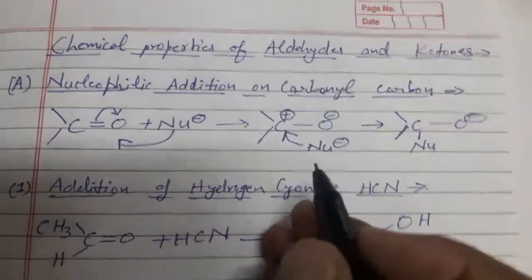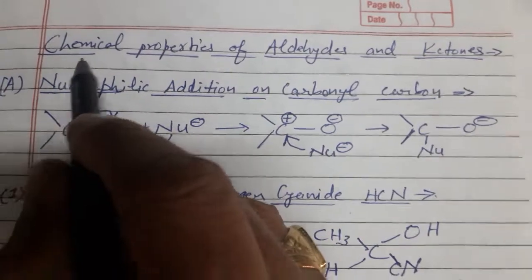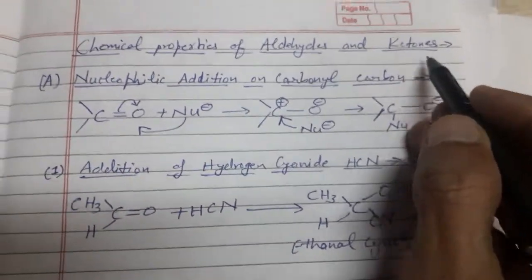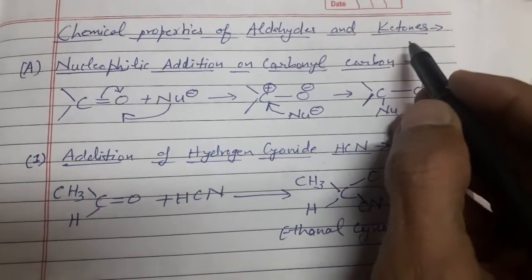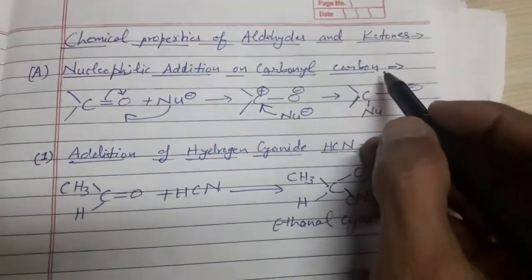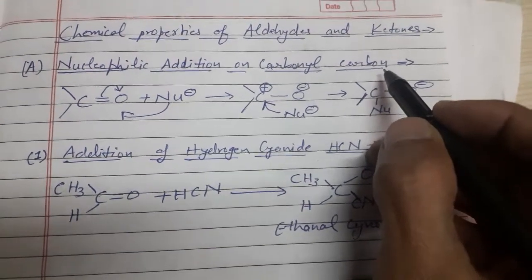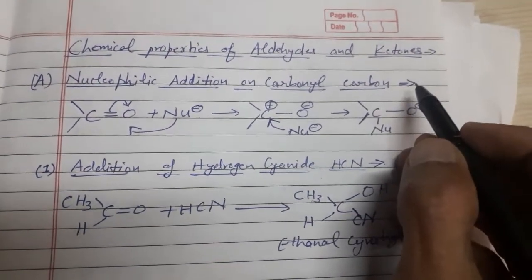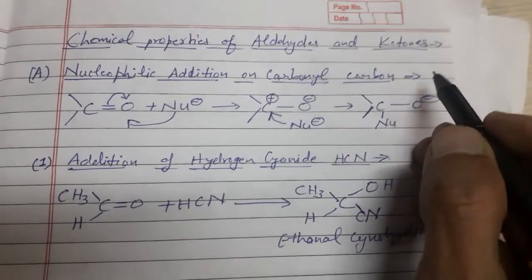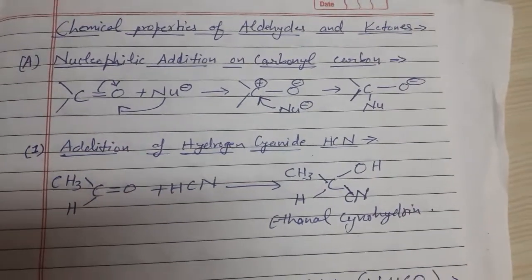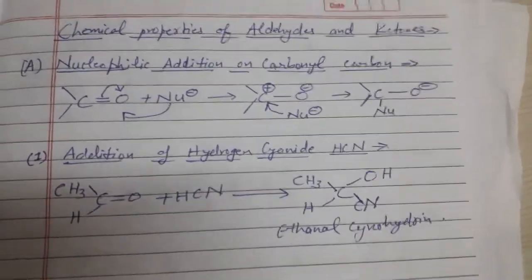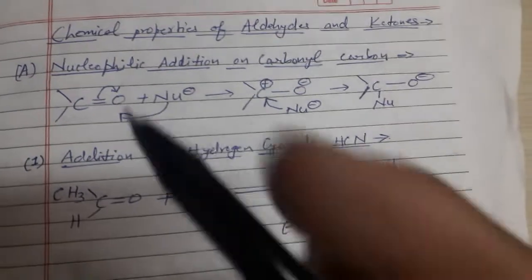Today we are going to discuss chemical properties of aldehydes and ketones. The chemical properties of aldehydes and ketones are basically divided into 5 groups. That is number 1, nucleophilic addition on carbonyl carbon. Second is nucleophilic addition followed by loss of water. Then oxidation of aldehyde and ketones, reduction of aldehyde and ketones, and then miscellaneous reactions. So one by one we will deal with these 5 types of chemical properties of aldehydes and ketones,